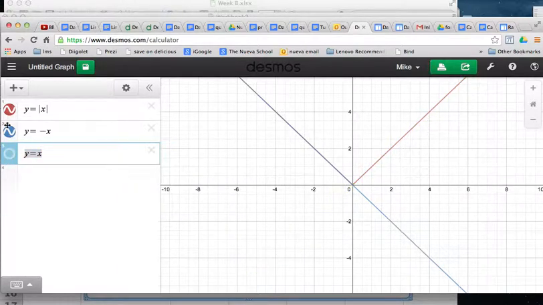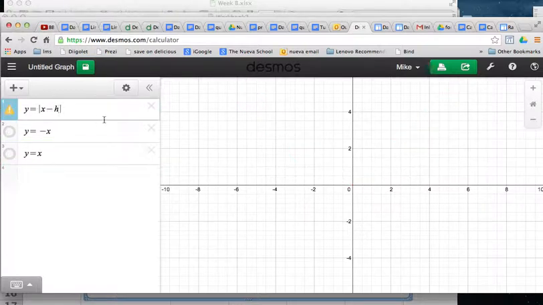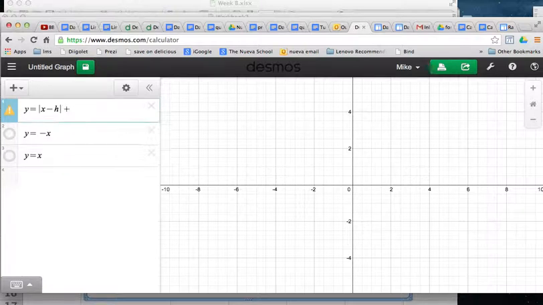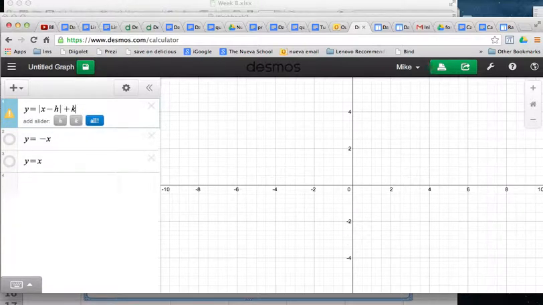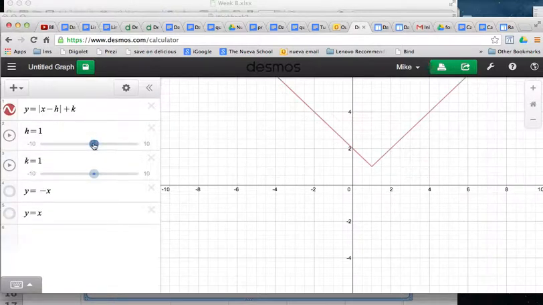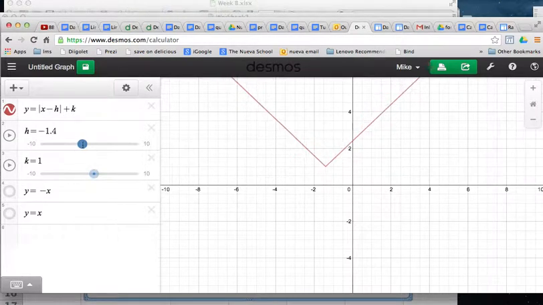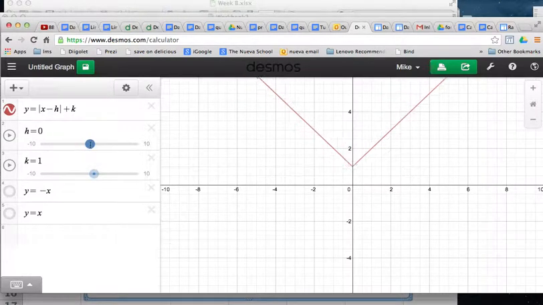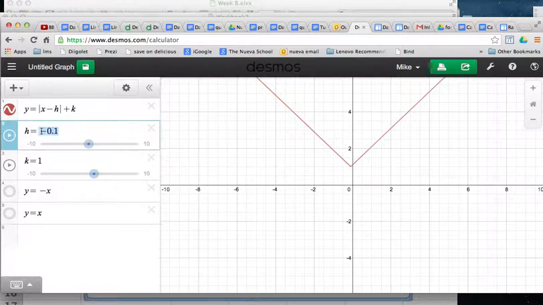Well, let's mess around a little bit with the absolute values here, and this is something you'll be working on in your assignment. Let's think about having a couple different coefficients. So h and k are constant values, but that we can manipulate. So we're adding sliders. So what we see is, if we start off at h equals 0 and k equals 0,